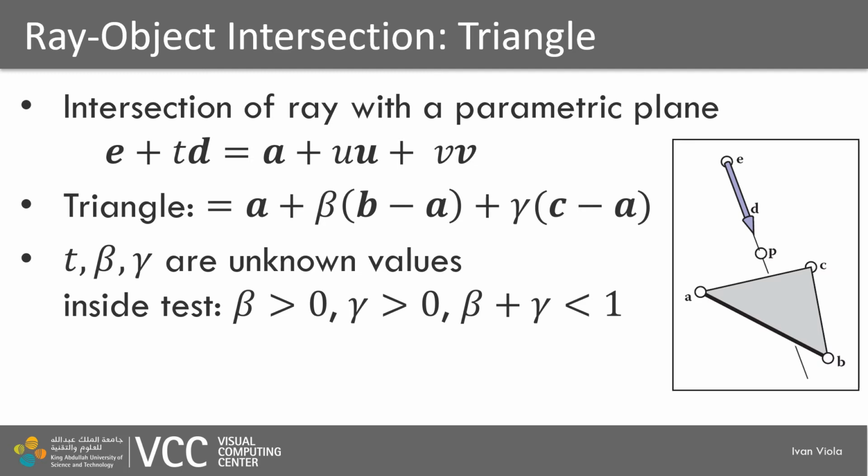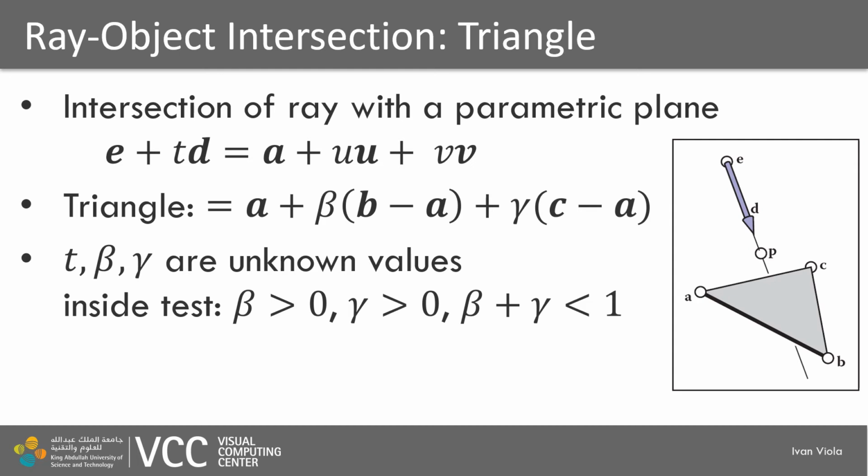So we can first calculate what is the intersection point with this plane. And this plane can be also, for example, defined in implicit form, but also we can have a parametric definition of a plane